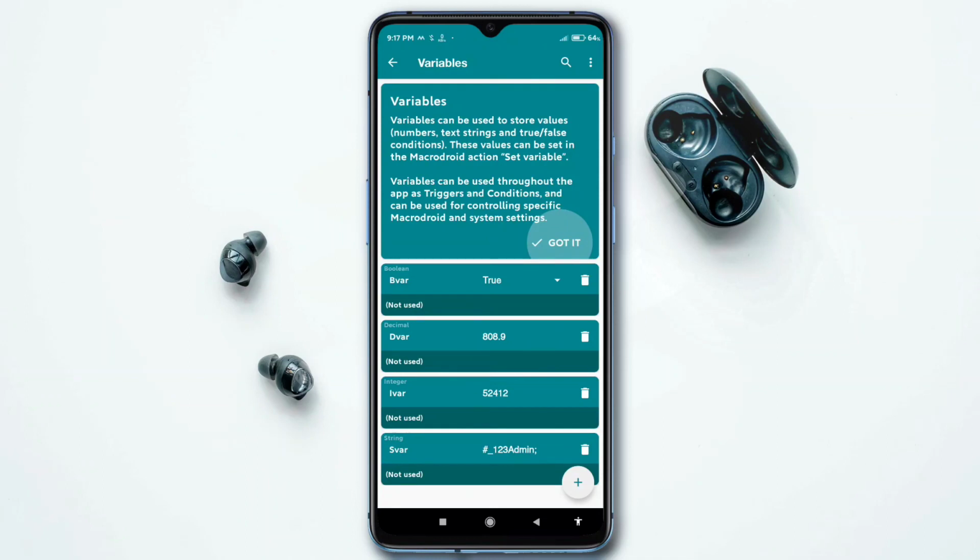So we have to keep in mind which variable we are using and which value it accepts to store. So we cannot store the integer in Boolean variable, we cannot store the Boolean conditions in the decimal variable. So like that, it matters a lot when we are configuring any macro and creating a new macro.